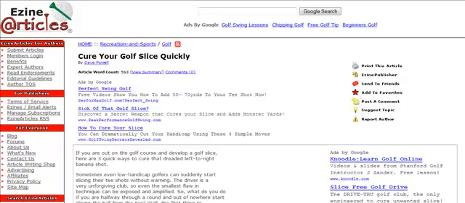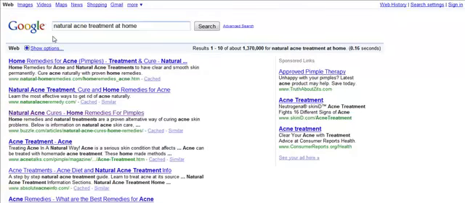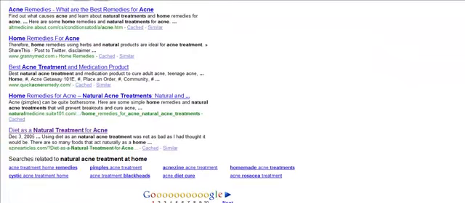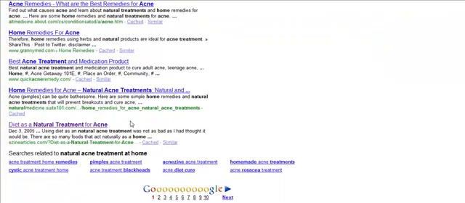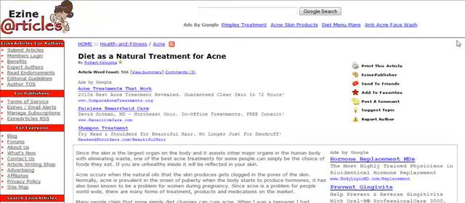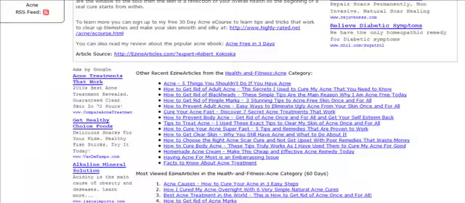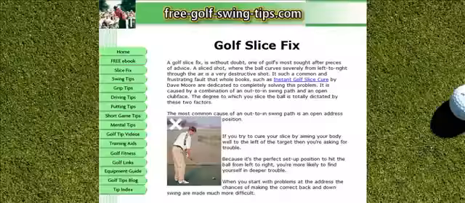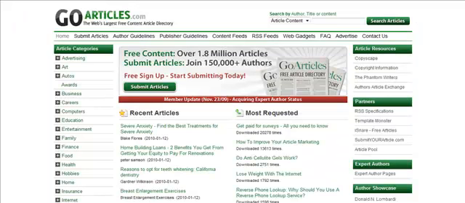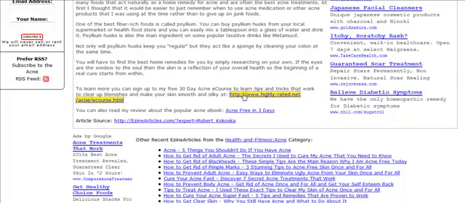Now I want to show you one other example here. If I go to Google, for example, natural acne treatment at home, it's kind of a long tail phrase, but people are searching for that. Now if you scroll down here, you'll notice easingarticles.com one more time, the article directory showing up on the first page of Google. Now if I were to actually click on this link inside of Easing Articles, it would open up in a new window